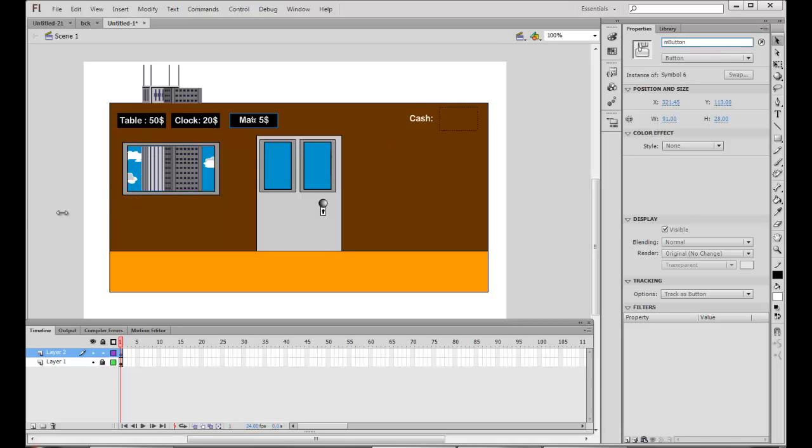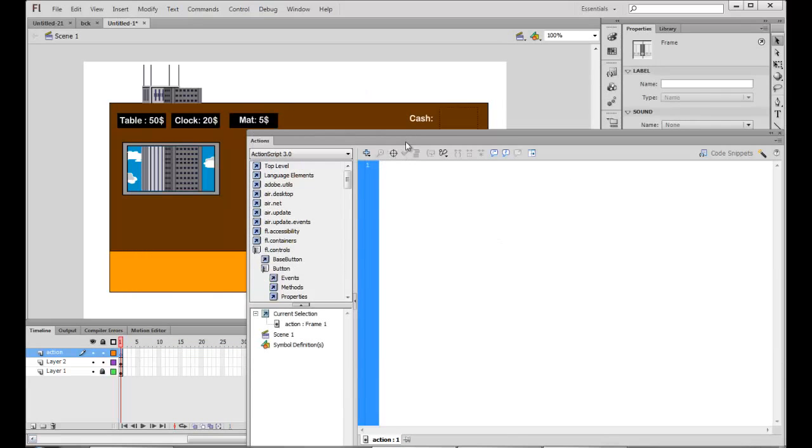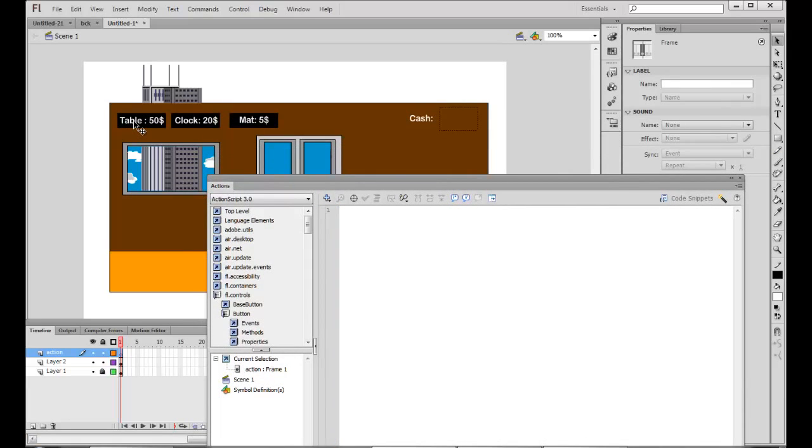Now the functionality that I want to add is that I have to be able to click on this button. So I'll create a layer for the ActionScript. I'll just say action. Right. Now I want to make a function so that once I click on this button, I'm able to add an instance of the table onto this. To be able to add the instance, I have to first make a variable container.